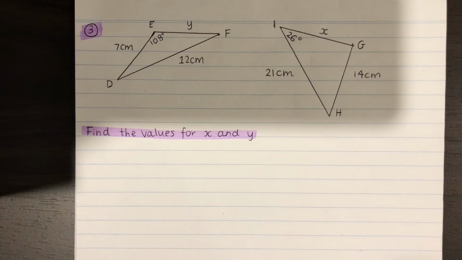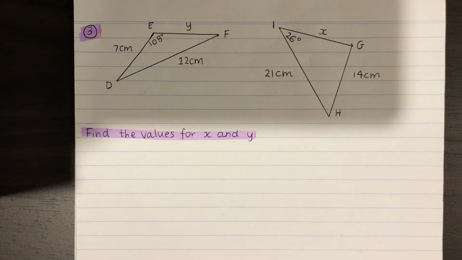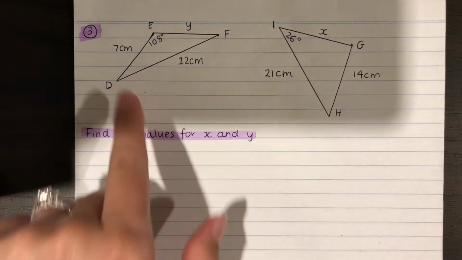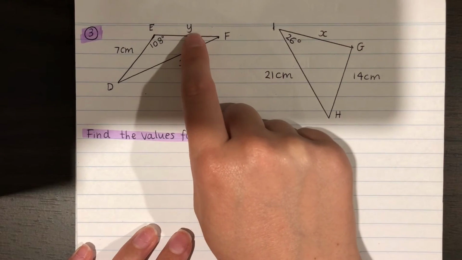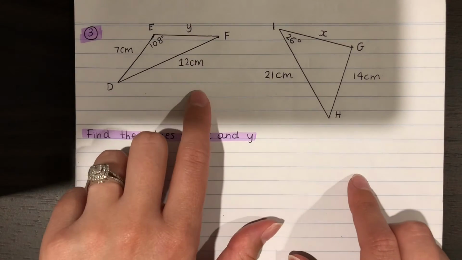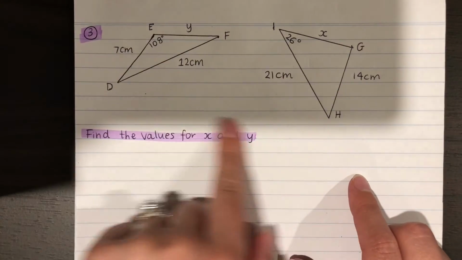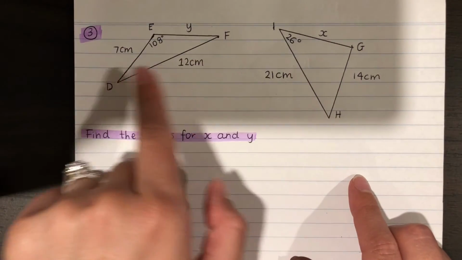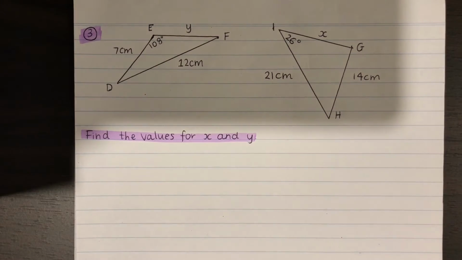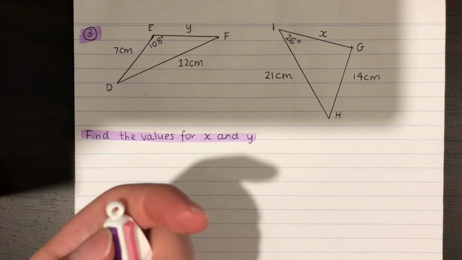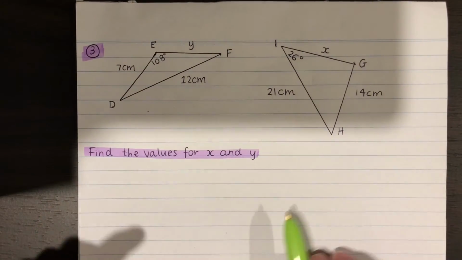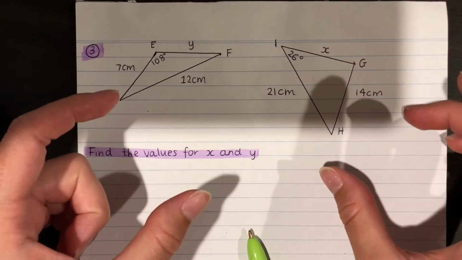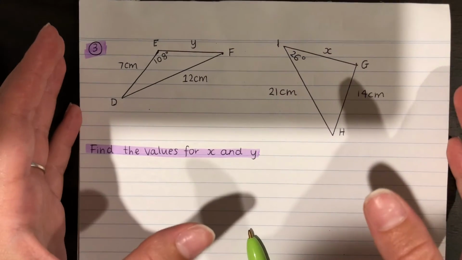Now we're going to have a go at answering a question where we need to find unknown values. In this question here, we need to find what side length x equals and what side length y equals. First, we need to figure out which sides belong to which between the two triangles. Immediately I'll go in with my pink pen and I'm going to imagine that both of these triangles, which aren't drawn to scale,